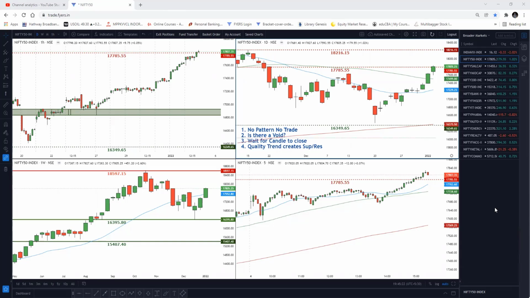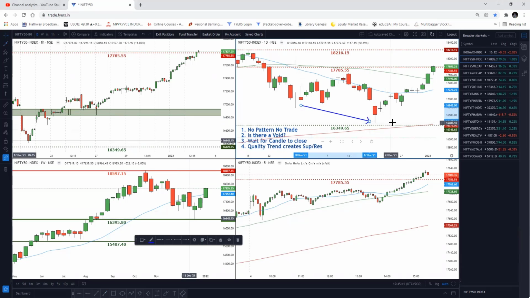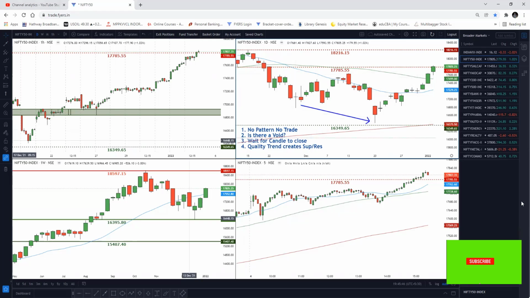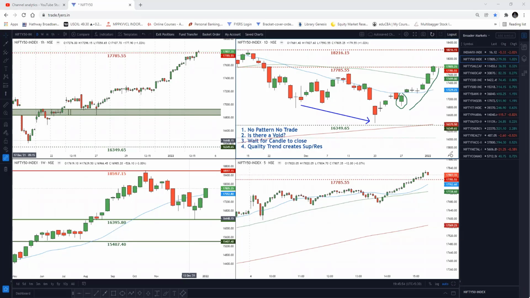So it looks like that New Year rally has just begun, and this market is in a very strong upside movement. If we just analyze the chart, it looks like that after this low, Nifty has created this bottom, this new low here, and since then we are in a continuous uptrend. And this bar here looks like it has kind of ignited this upside movement. So it has just cleared this nearby resistance.